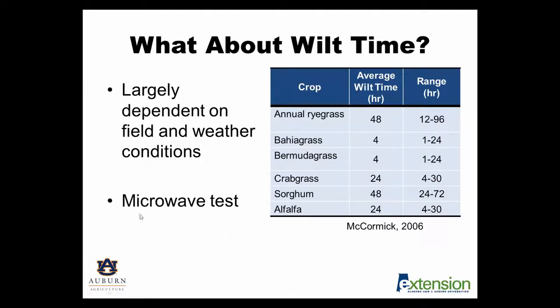So the best way to do that is to conduct what we would call a microwave test. There are several publications available on the internet that reference this particular method, how you would do that. But essentially you would go into the field, get a representative forage sample, cut that into small pieces, and put it on a paper plate of known weight,